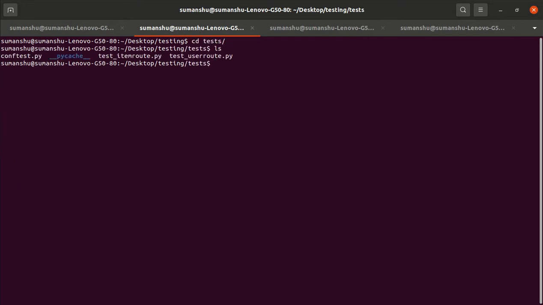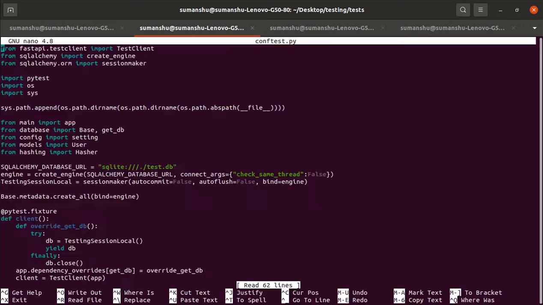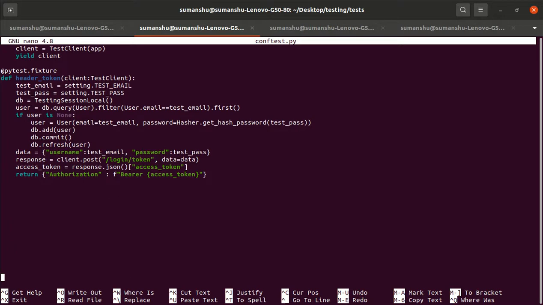test case? Because if I show you conftest.py, in the conftest.py I put some extra condition here. When we run pytest -v, it will run all the test cases. Ideally the create user test case should run first, and then create item will run. But when I run pytest -v, create item is getting run first. If create item is run and the user doesn't exist, then how can the item be created? So that's why I put this condition.